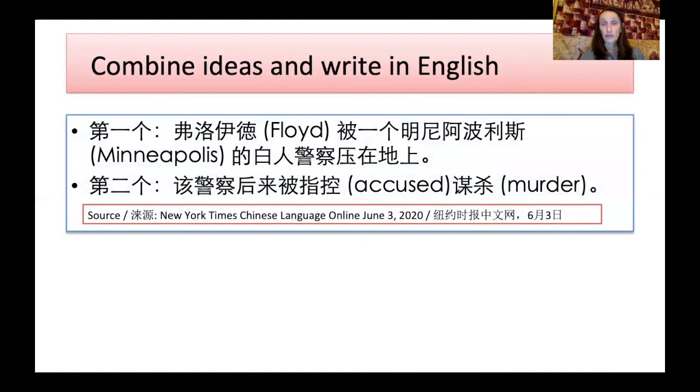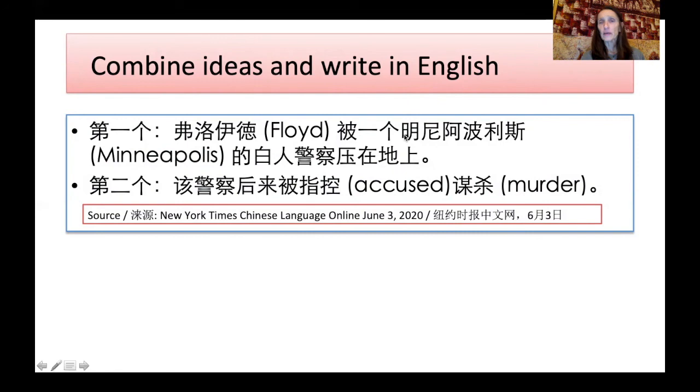So here's the exercise. I want you to combine ideas and write in English this sentence. So 把两个相关的想法合成一个句子. Right? And here are the two ideas. The first idea is this: this is the Chinese for this man's name. That's George Floyd, but the Chinese only has how to say his name, Floyd. So Floyd. Okay, so Floyd